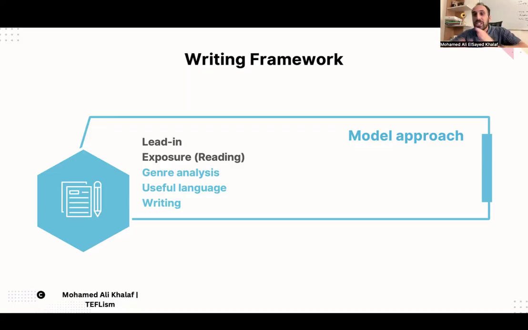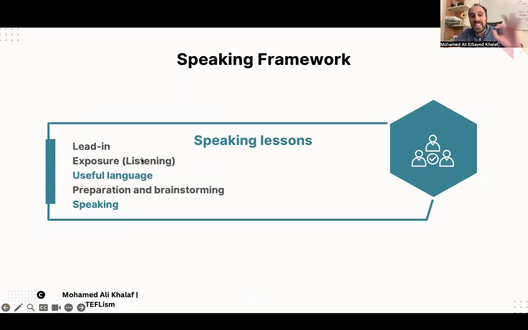In the exposure stage, they read the covering letter, and you provide them with a genuine reading task. Like in the previous framework, in the listening stage, you provide them with a genuine listening task. What do I mean by genuine listening task? Like a gist task or a specific information task or a detail task, whatever, but it has to be short.